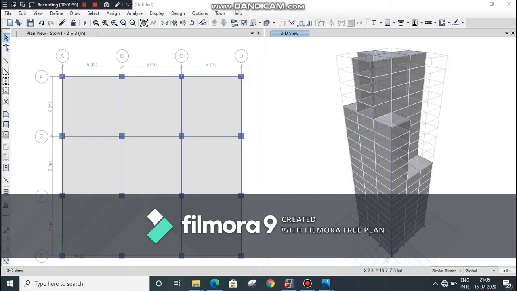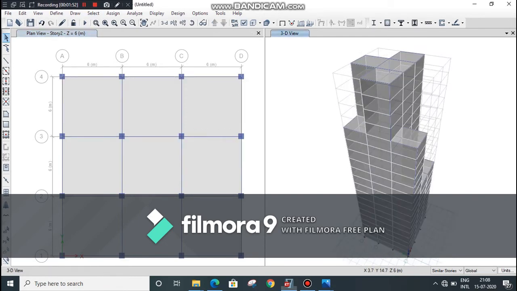Therefore first select the slabs. First of all select the slabs on which we are applying dead load or live load,